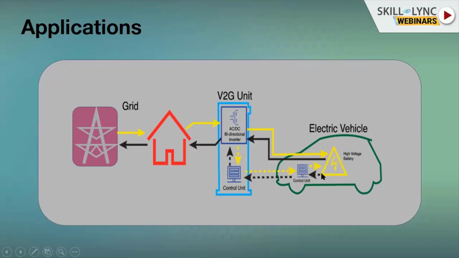So this fully charged battery now acts as a source. So this is now converted to AC. So this unit now acts as an inverter, which converts DC to AC, and it feeds that particular energy through the grid, through the power units of your residential house.